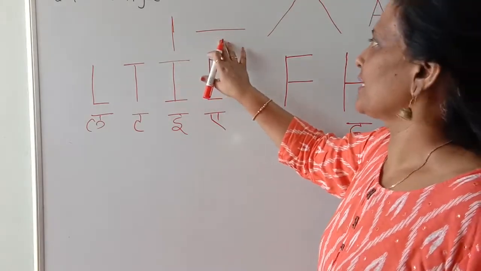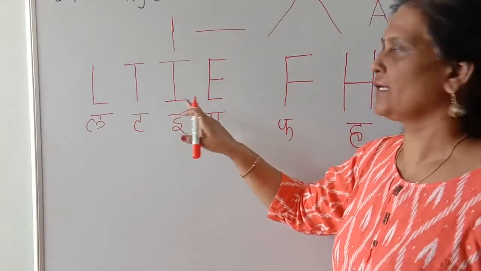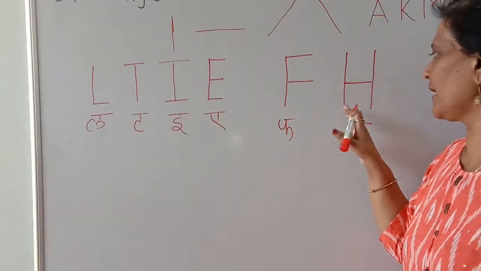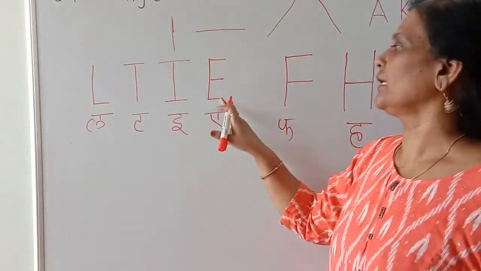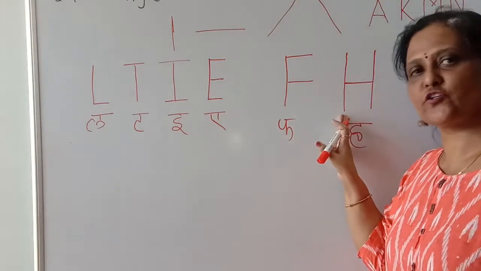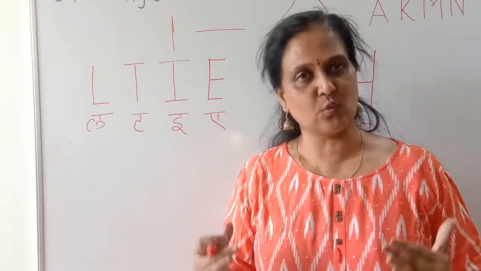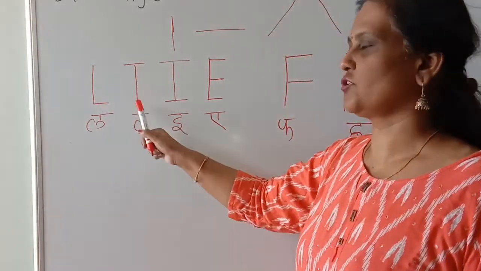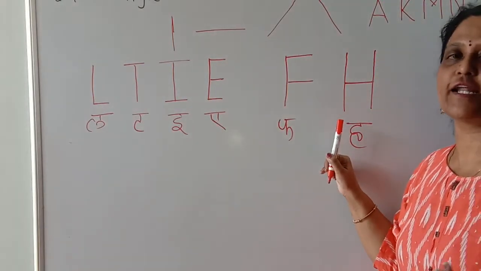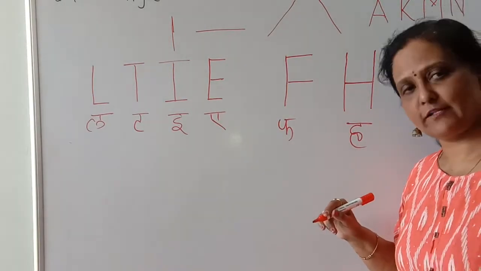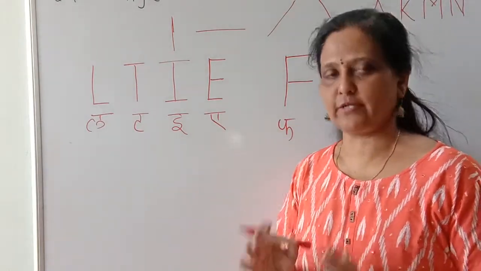So we have learned the standing line, sleeping line, and all the letters related to the standing and sleeping line: L, T, I, E, F, H. Always recite again and again when you are teaching your word, so they can identify the letters when we revise and recite again and again. Also revise the phonic sound of each letter.